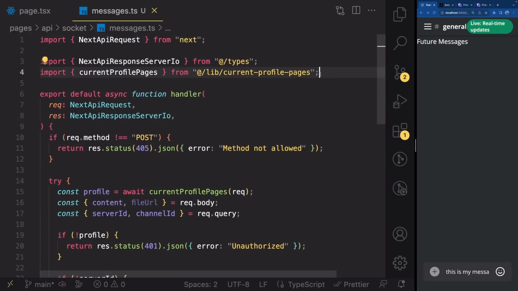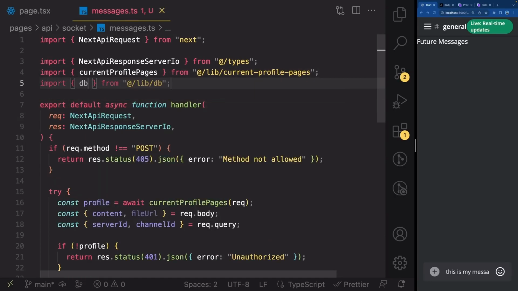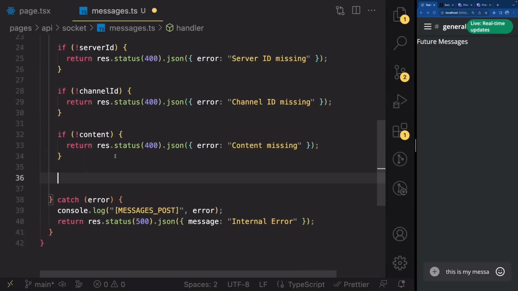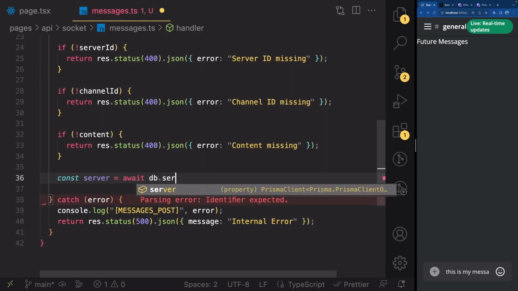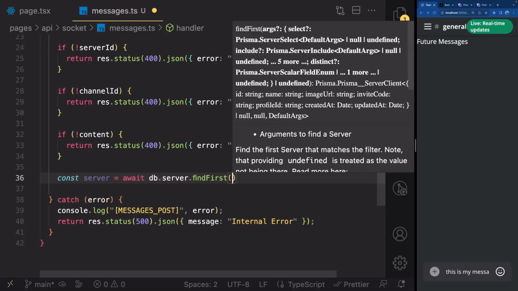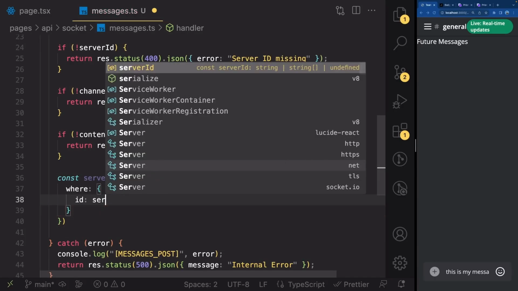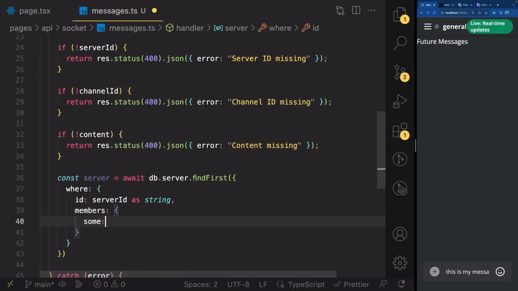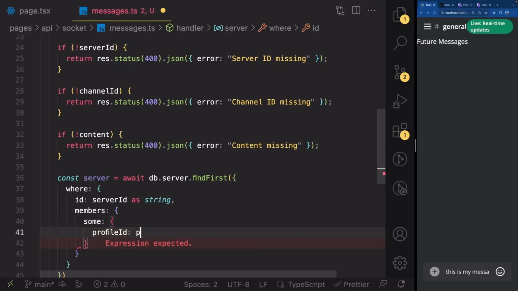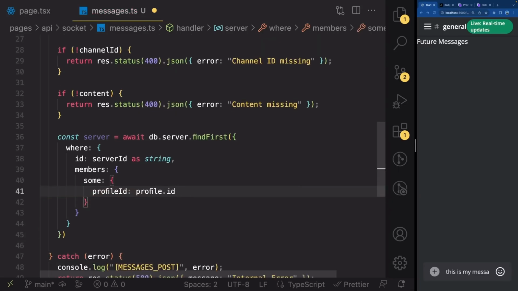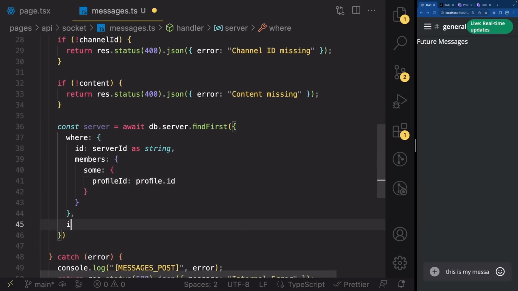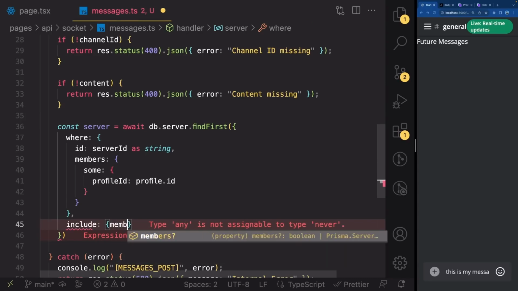Perfect. Now let's go ahead and import our database util. So import db from @/lib/db, like that. Let's go below this check for content and get our server. So const server is equal to await db.server.findFirst, like this, where id is serverId as string, members is some, profileId is equal to profile.id. So we are just confirming that the user trying to send this message is actually a part of this server. And let's go ahead and include the members